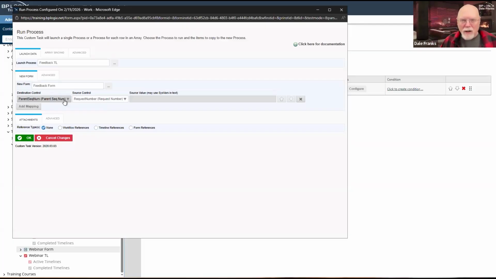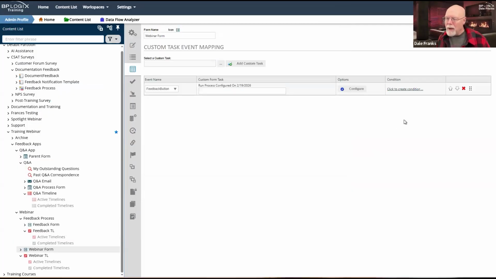To allow somebody who's handling the feedback, they need enough information to find the original item so that they can provide the appropriate context for that feedback, especially if that feedback is relevant to a specific item. So in this case, I have a sequence number, and assuming that every request has a unique sequence number, you can kind of find it that way. You might want to pass along the request name or some other data to help narrow down and filter it. But assuming that you do that, you can call this feedback from anywhere that you need to in your Process Director installation.